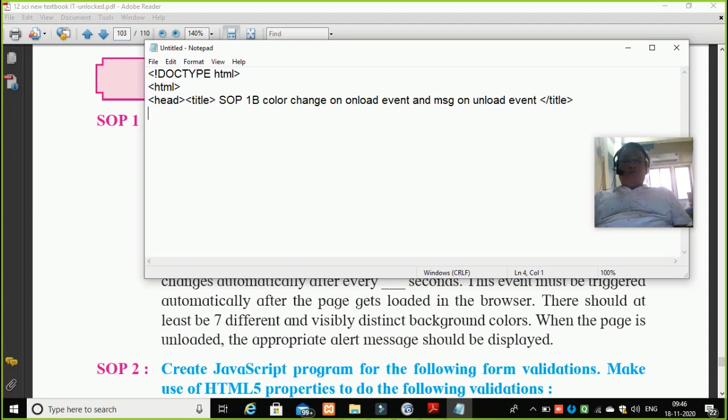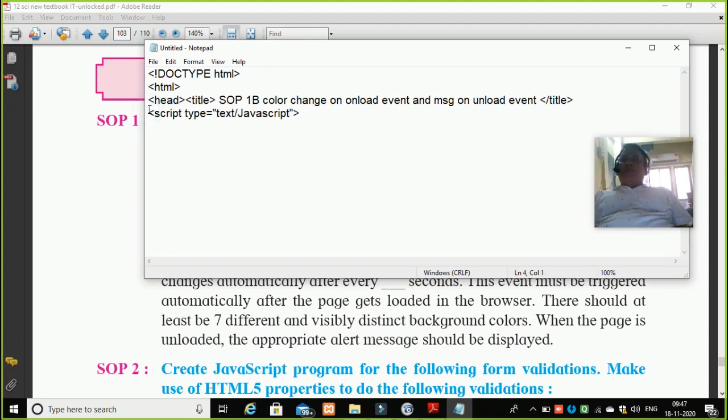Okay, so I will open here script type equal to text slash javascript. I'll open the script tag.